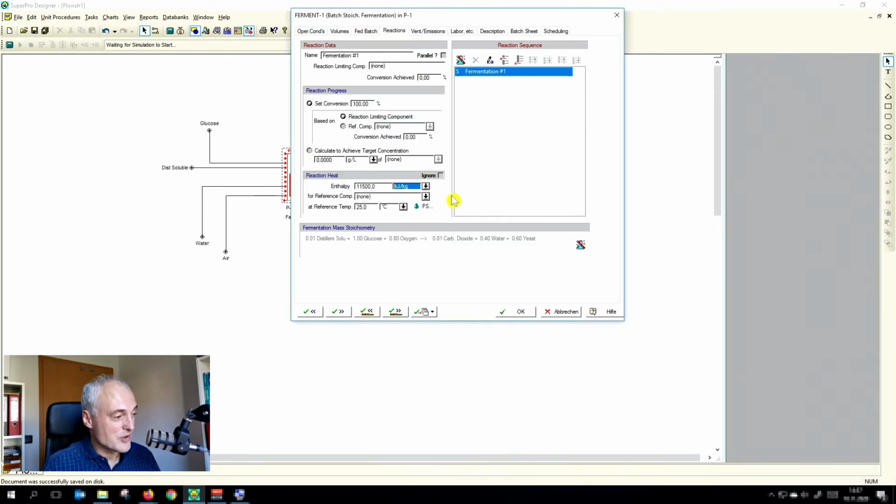Okay, this we have forgotten. Good that it puts an alarm. The reference compound for that per kilogram is, of course, our glucose. So this is the reaction enthalpy per kilogram glucose. Okay, now we go on, and we need to set before